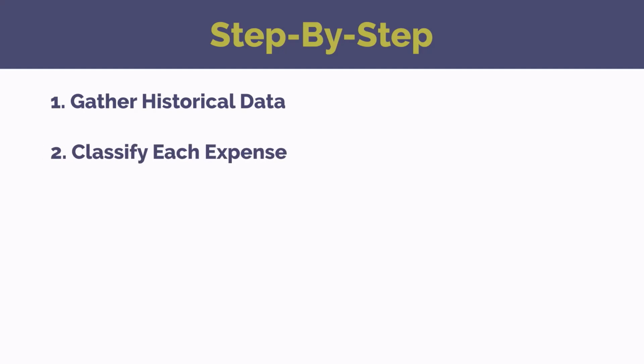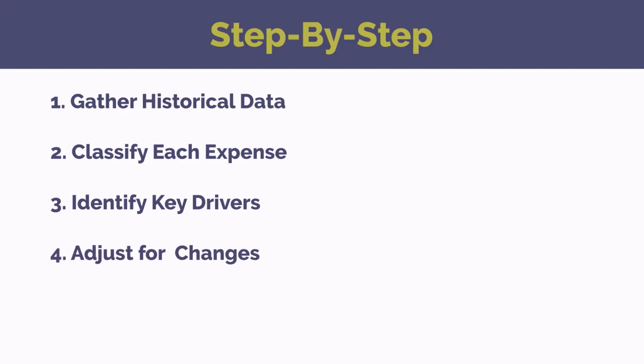Once historical expenses are gathered, categorize each cost based on how it behaves. Is it fixed, variable, or a mix of both? For variable and mixed expenses, determine the main business activity that drives the cost, such as units sold or customers served. Then determine the relationship between the cost and the driver. Historical expenses provide a baseline, but various internal and external factors will impact future costs. Before finalizing the budget, adjust for things like inflation or supplier changes. If the business is growing, introducing new products, or entering new markets, new costs must be factored into the budget.